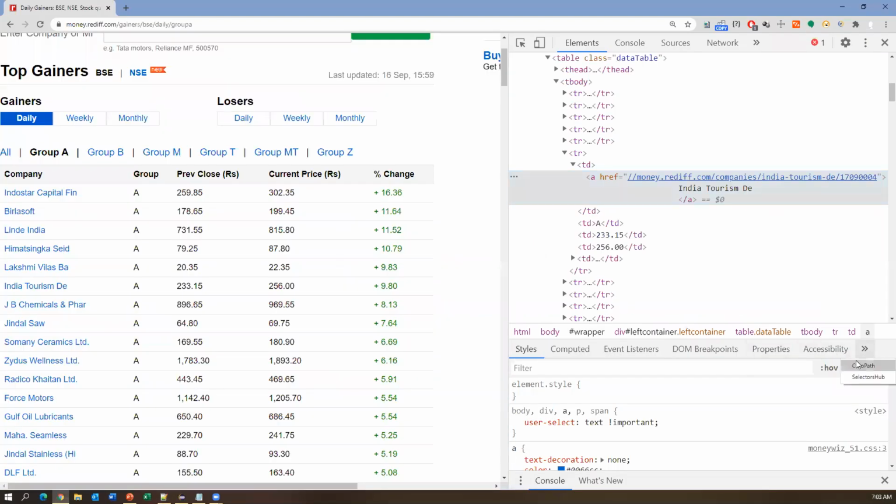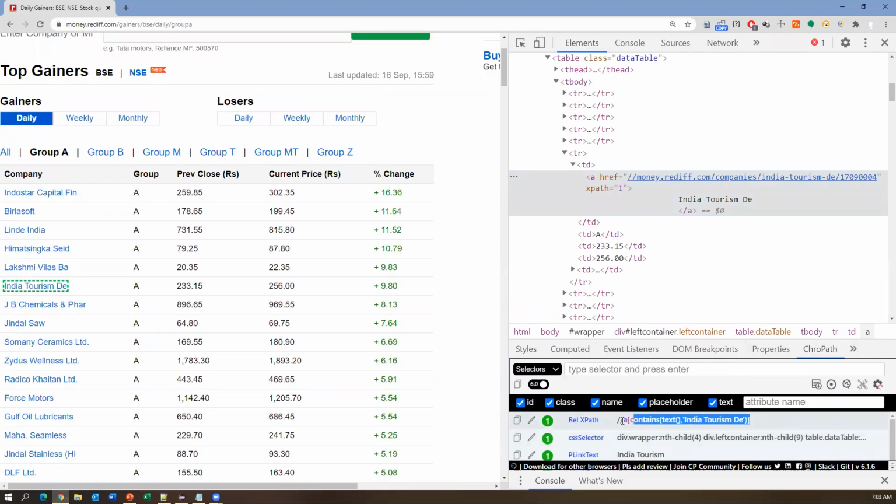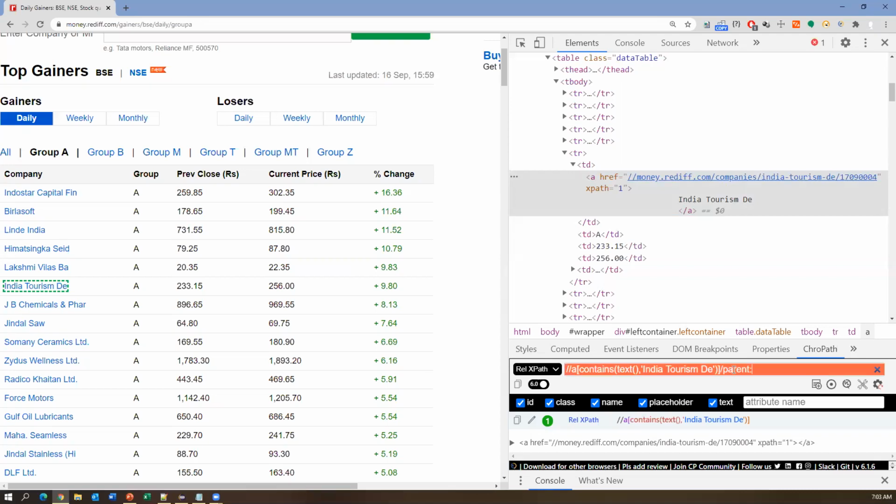So let us again go to ProPath, and this is the current element we are starting from. Here I want to access this parent element from this self element, self node. So simply I can say slash parent. Whenever we use an axis, we need to use colon. And what is the tag name of this parent? TD, right? So I can say TD.